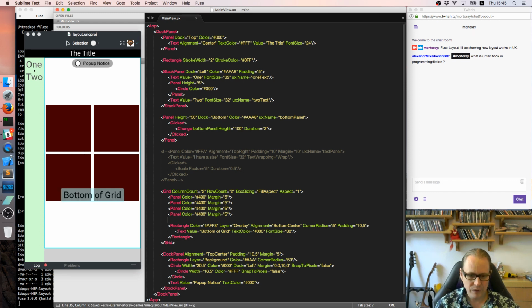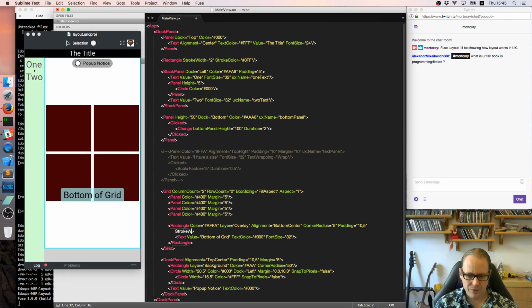Okay. So this is aligned at the bottom of the grid. Let's make it a bit more opaque. Now let's give it a black border. Stroke width equals 1 so we can see it even clearer. Okay, so you can see